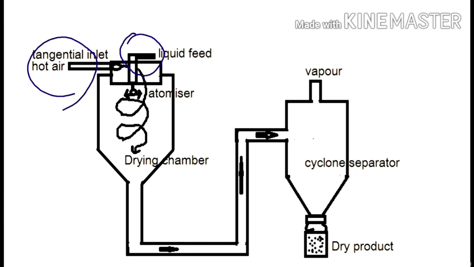With the help of this atomizer, the fine droplets are thrown radially into a moving stream of hot gas. By absorbing heat from the gas, the droplet increases its temperature and it is then converted into dried spherical particles. This process will complete within few seconds before it reaches the wall of the drying chamber. And then this dried product is directed into a cyclone separator. From the cyclone separator, we can collect the dried spherical particles. So this is the principle behind spray dryer.